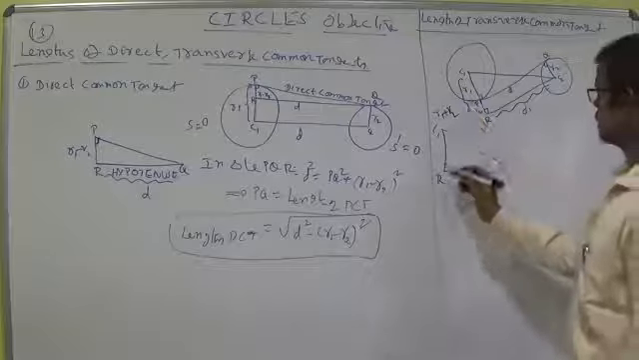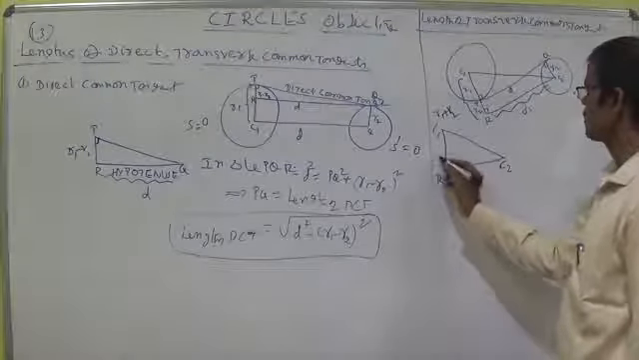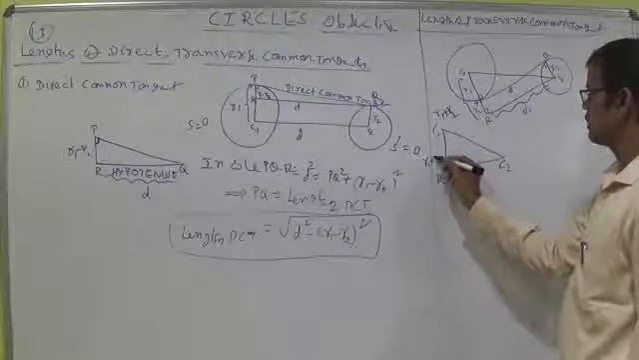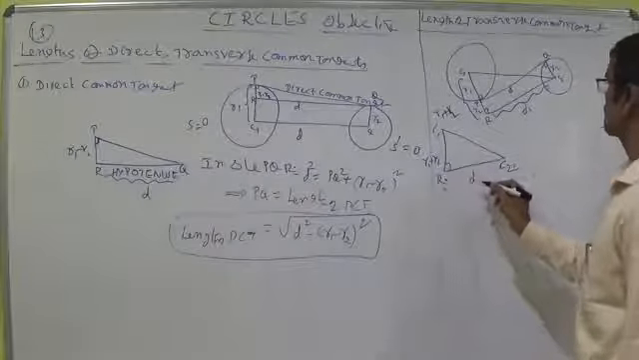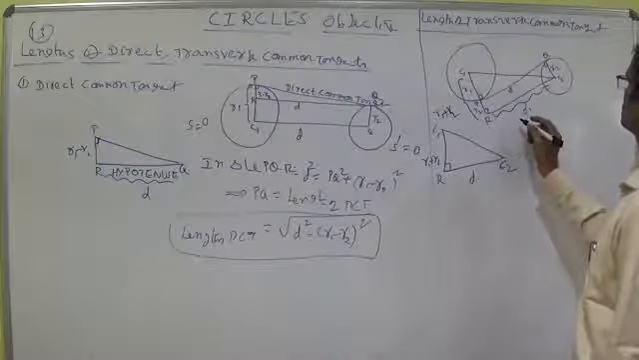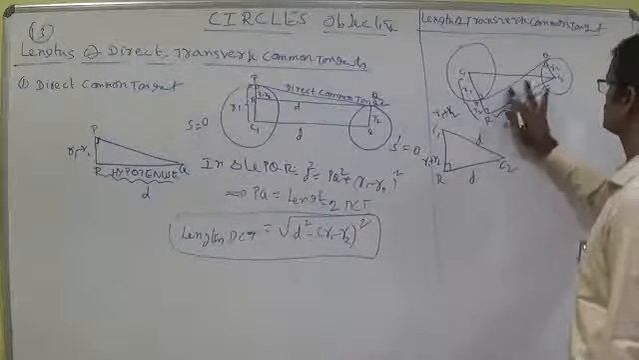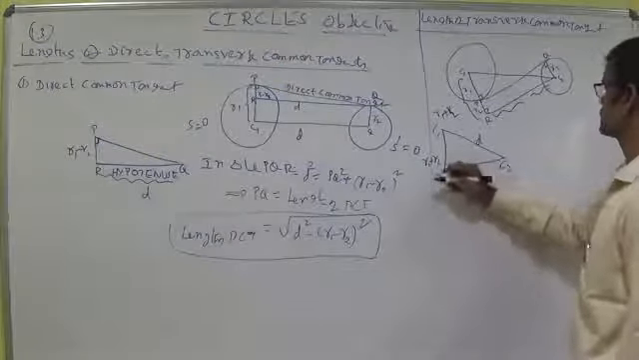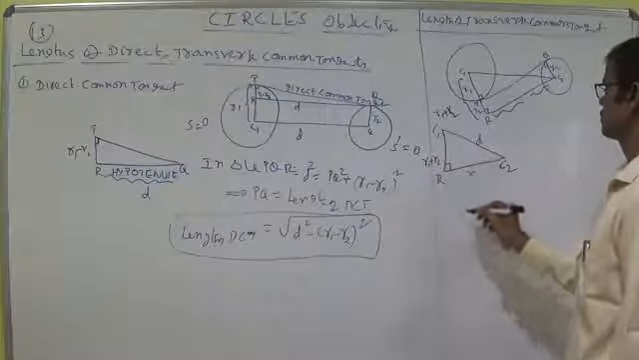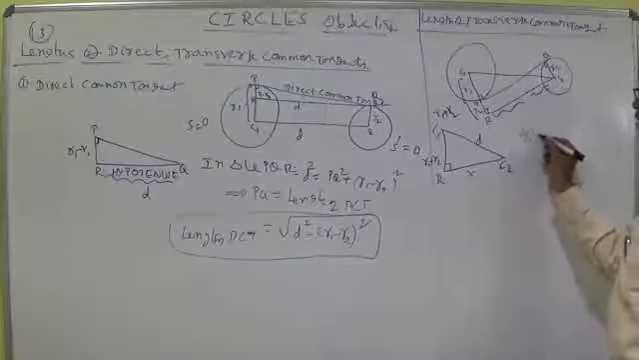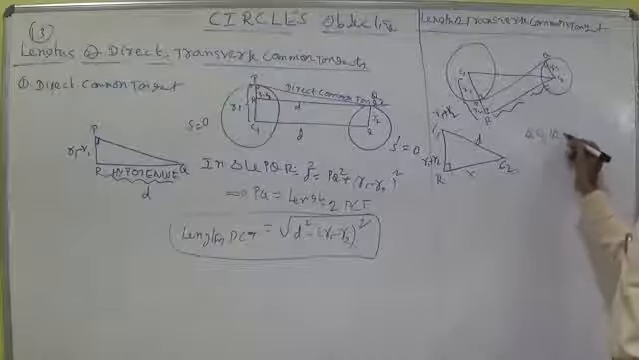Now C1R is R1 plus R2. C1R is R1 plus R2. So C1C2 is D. Don't think this one is D. Why? Because put another name. Simply leave it. Otherwise put X. Put X. So now using this triangle, in triangle C1RC2,